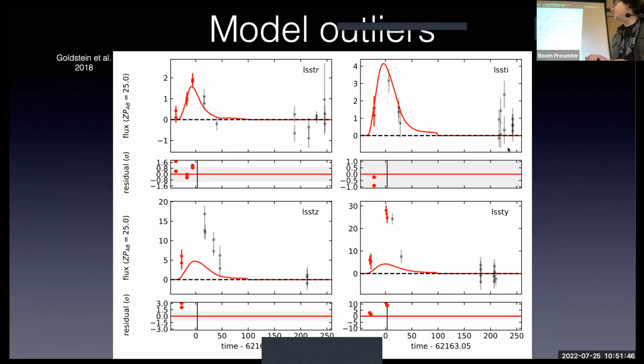So the points here show simulated data points of a lens supernova in the LSST bands. And then the lines show fits assuming the redshift of the lens galaxy. And you can see that it does a very bad job of fitting the redder bands, and that's because it's a higher redshift in respect, so it's much brighter in those bands. So if we monitor all the ellipticals and we check whether there are any